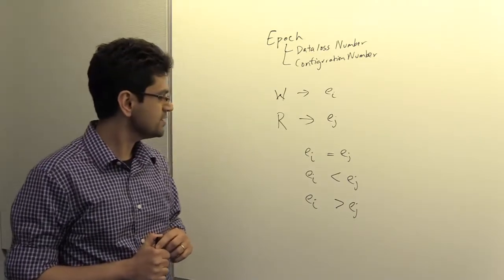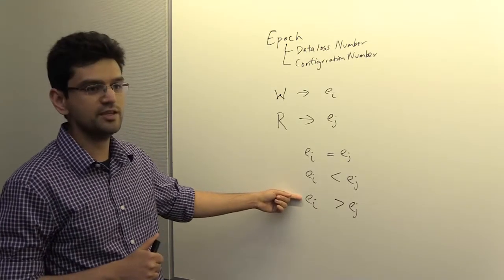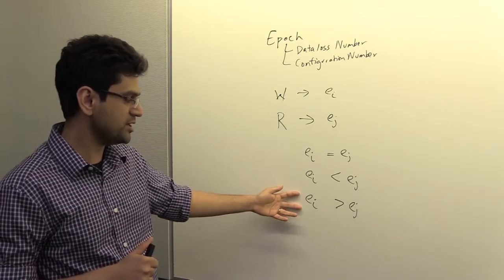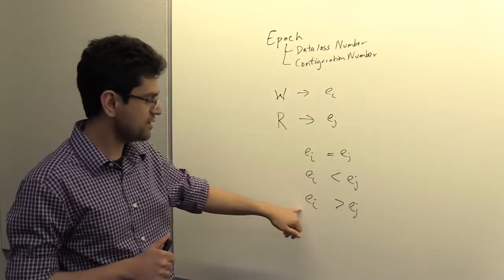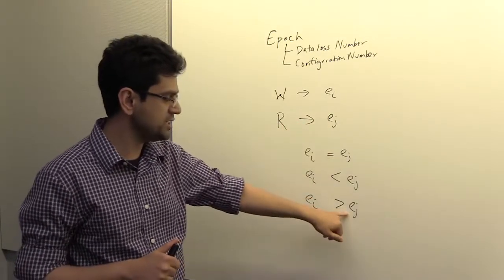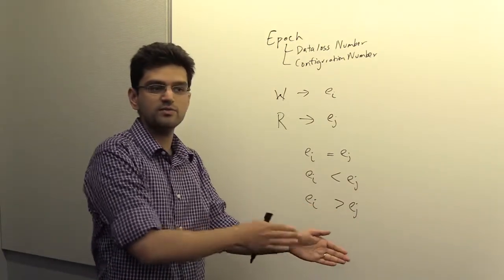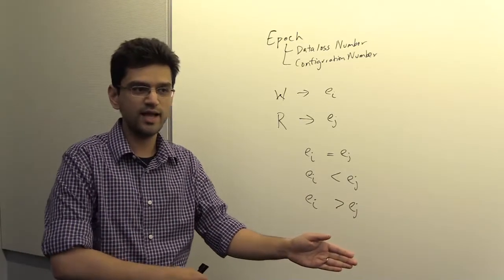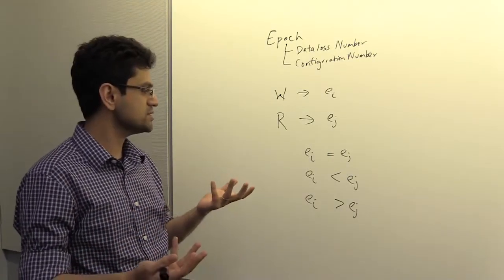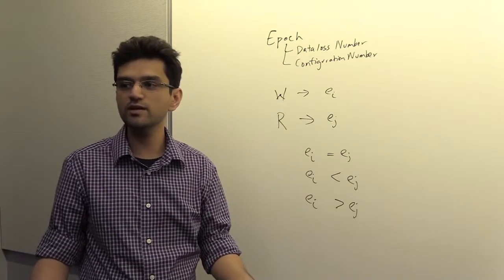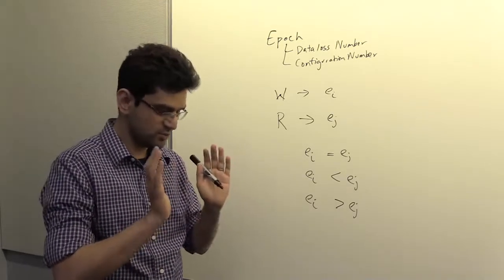Okay. So I think the next interesting case is EI is greater than EJ, right? In that case, what's actually happening is you performed a write to epoch EI, but you performed the read to epoch EJ, so you read from an older primary, even though your read happened after the write. It's a little convoluted to think about, but this can happen, for instance, if the client that's reading goes to the naming service and gets the address of the current primary and then just waits there.